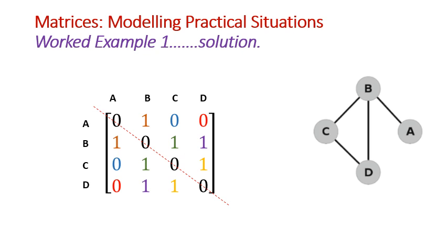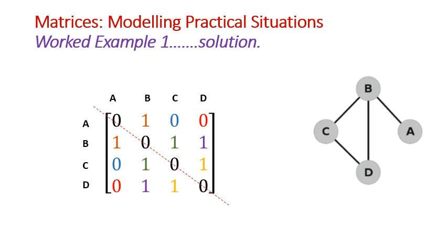Okay, so for those who've had a go, or those who have just drawn down the diagram, let's have a look at how the matrix is formed. So I said we had to put together a 4x4 blank matrix, and then the hint was to put the letters A, B, C, D across the top for the columns, and then down the left-hand side for the rows. So once you've done that, you're looking to see whether there's a direct connection between each